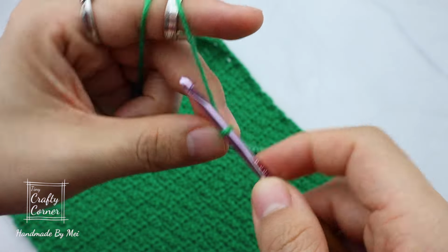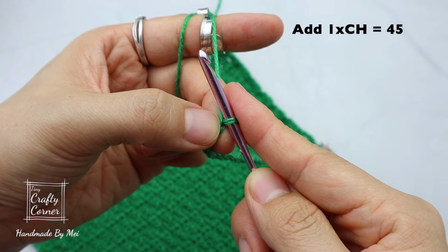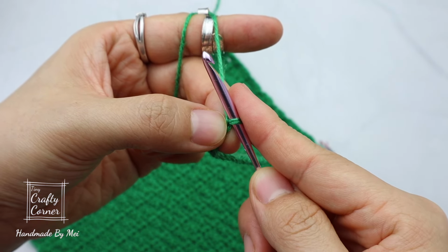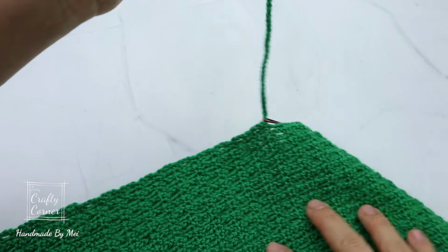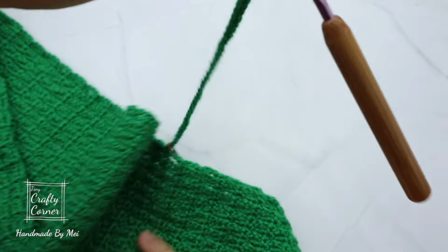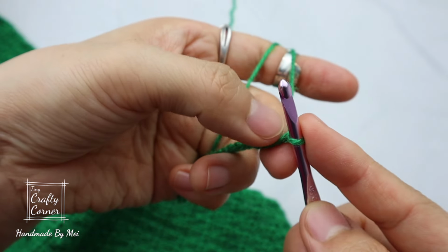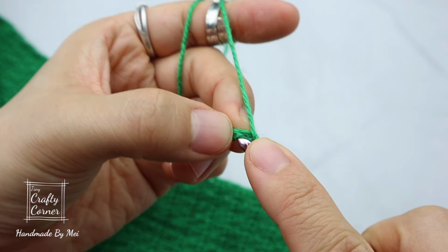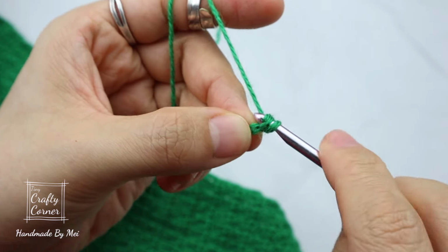Out of the 44 chains, add one more chain at the end. The last chain is a turning chain, which doesn't count as a stitch. So we're going to flip the work. Start on the second chain from hook, turn to the back. In the little bump at the back of the chain, single crochet,